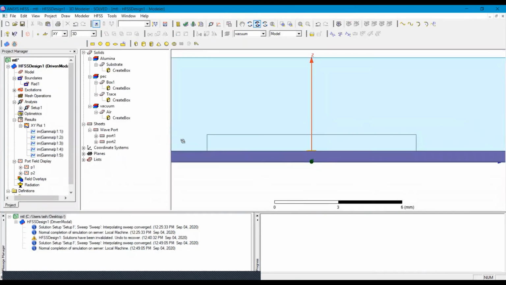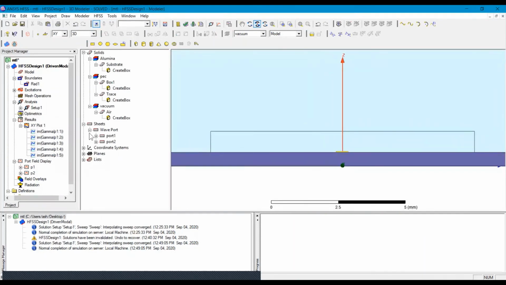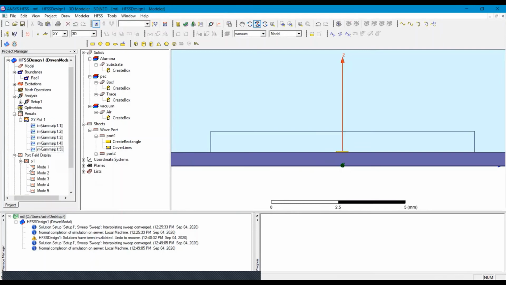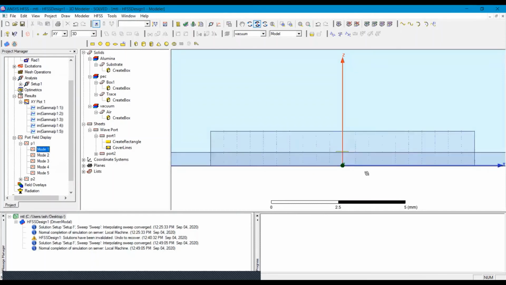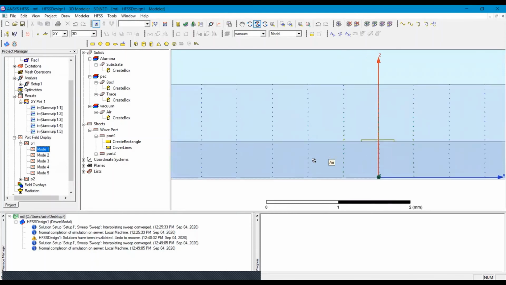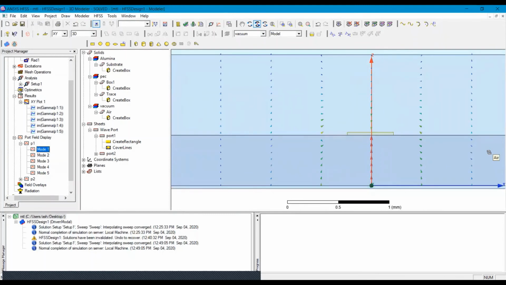Now we can also see the different modes or the field configuration by selecting port field display, and in P1 we will select mode 1. So here we can see mode 1.